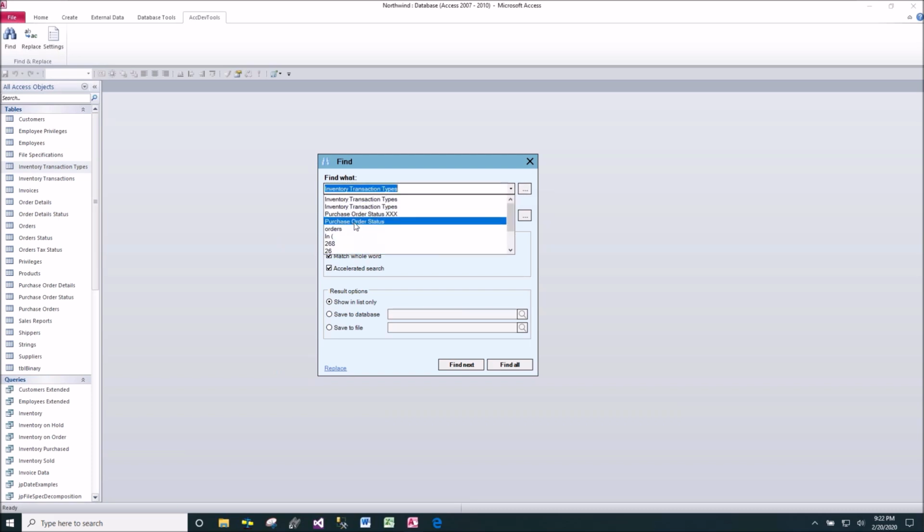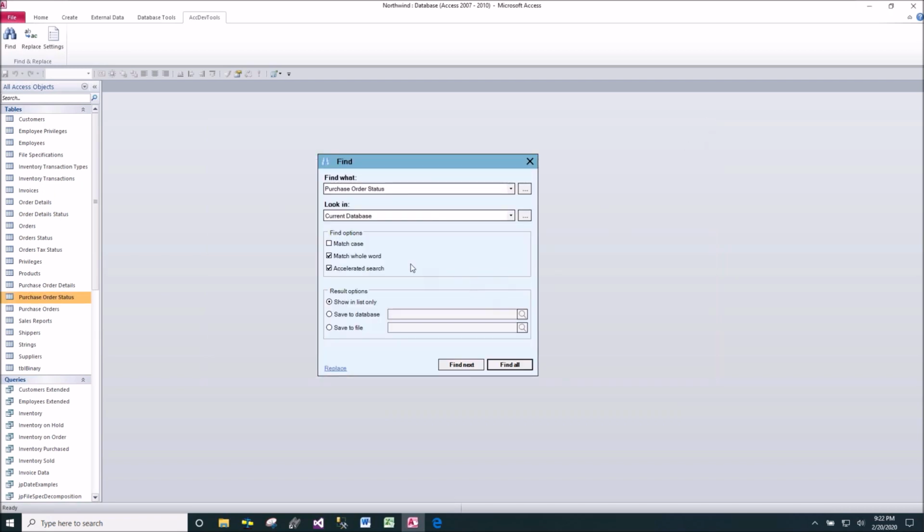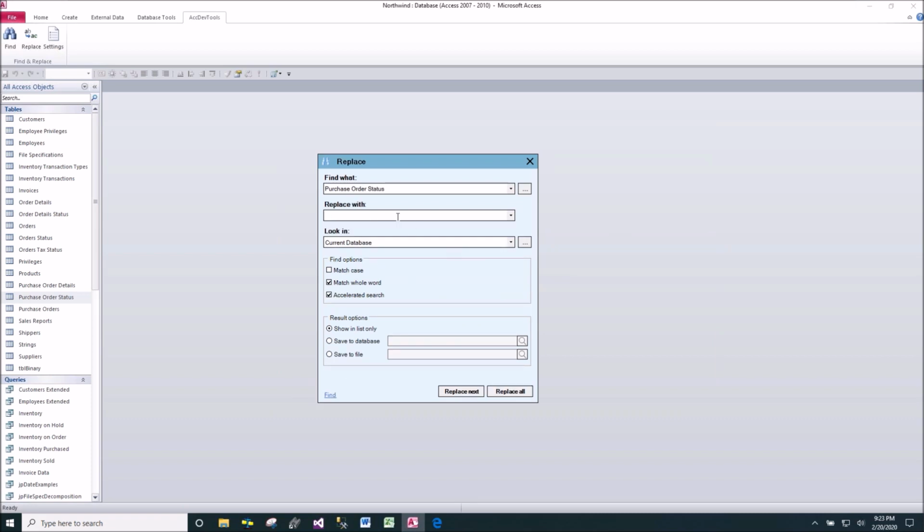So I was looking for purchase order status a little earlier tonight when I was getting ready to show you this. And there you see that the table purchase order status is used in one query and one form. If I wanted to change it, I do a replace here, replace with,